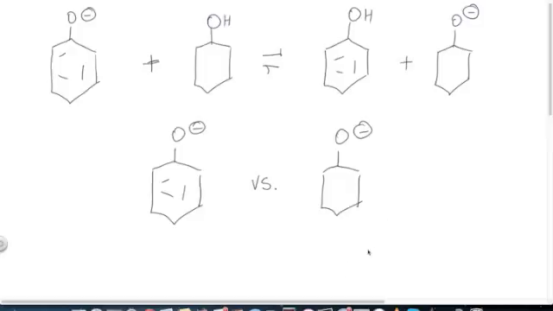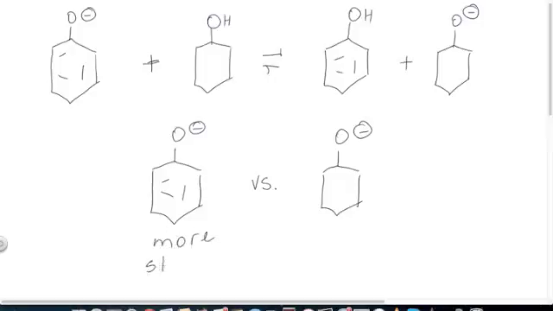So basically the question we're asking: will this anion, called phenoxide anion, deprotonate cyclohexanol to produce phenol and this alkoxide ion? So in other words, we're asking which of these two anions is more stable. Is it phenoxide or the regular alkoxide? Now notice that in both cases the negative charge is on the oxygen. So you probably guessed it by now. The phenoxide ion is more stable,